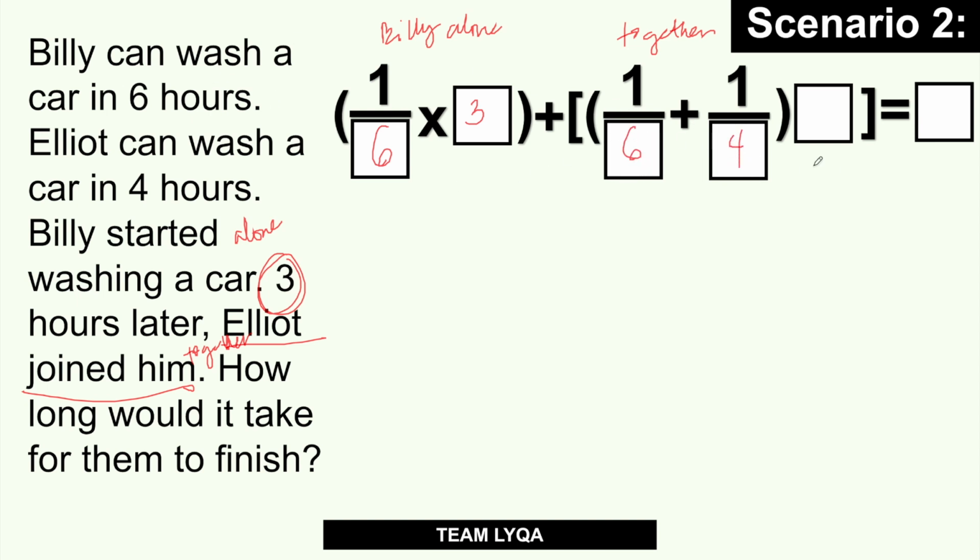This is them doing the work together. And then this will be your x. At dahil isa lang naman ang kotse nilang hinugasan, that would still be 1. And then we're just going to solve this. So this is basically 3/6 or 1/2 plus, and then you have this,